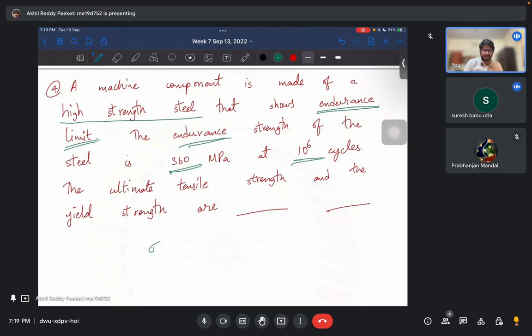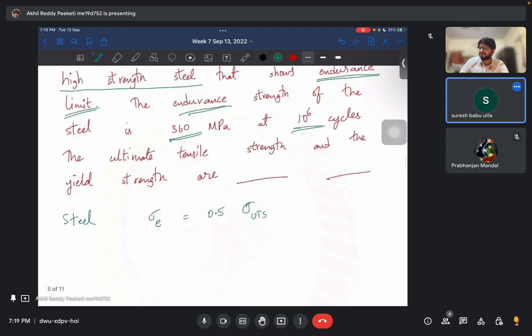0.5, 0.4 is for iron. So for steel, sigma endurance is equal to 0.5 into ultimate tensile strength. Okay. For iron it is 0.4, but for steel it is 0.5. Okay. For iron,